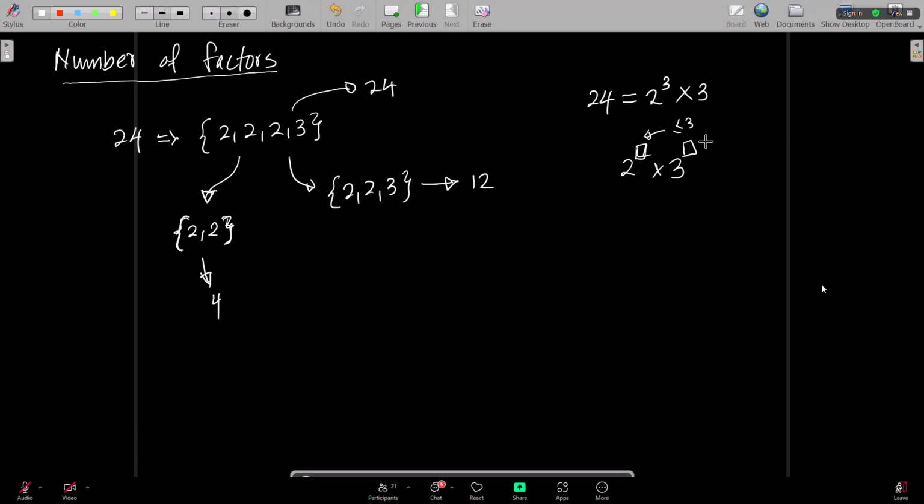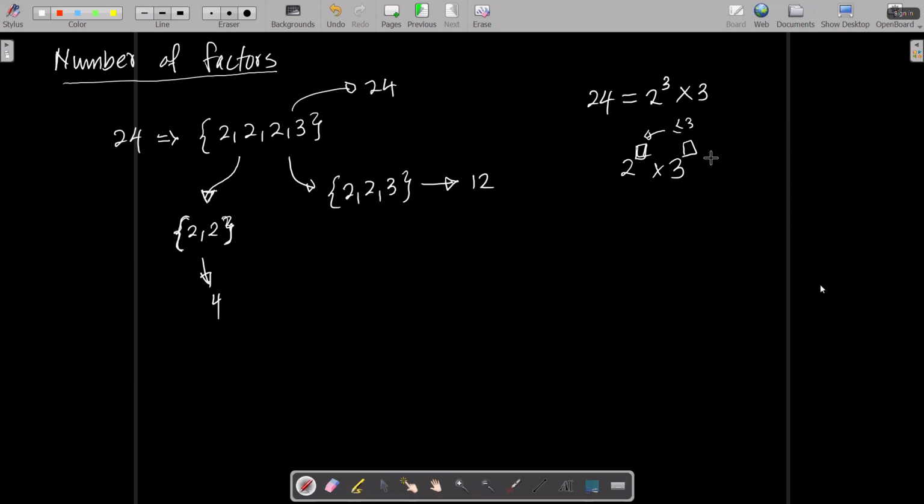For this one, 3 has 2 possibilities. We can either use 3 or not use 3. So this should be less than or equal to 1. So we need to fill with numbers. Let's say we fill it like this, to the power 1. This will give us 12. We can fill it like this. This will give us 2. Or we can fill it like this. This will give us 1. So like that we can